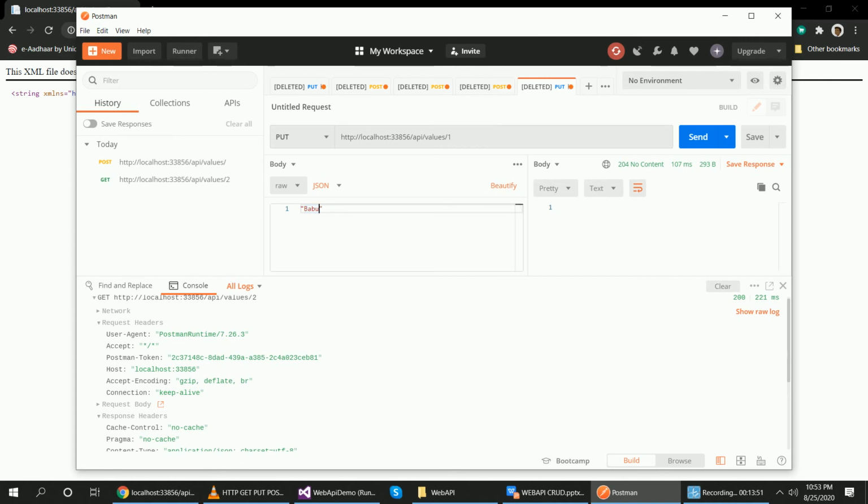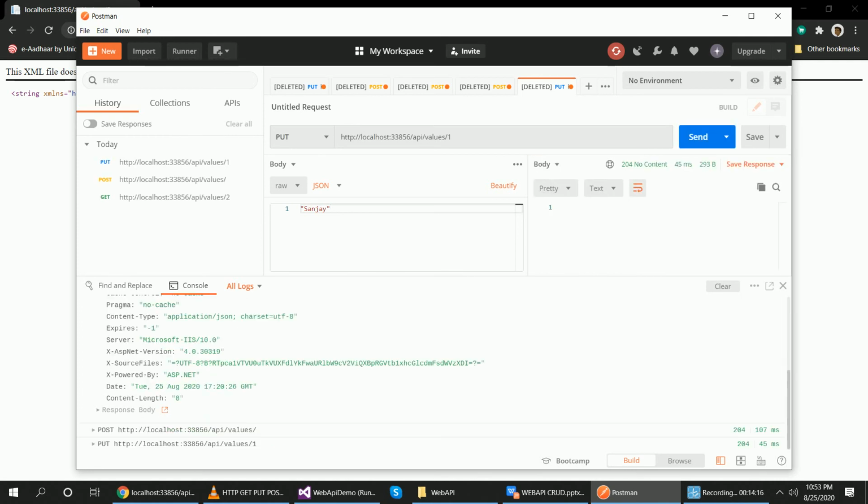In the first record, in place of value 0, I want to put the name Sanjay, right? I want to update record 1 as Sanjay. So the ID is selected, and update the record with the JSON value here, send.